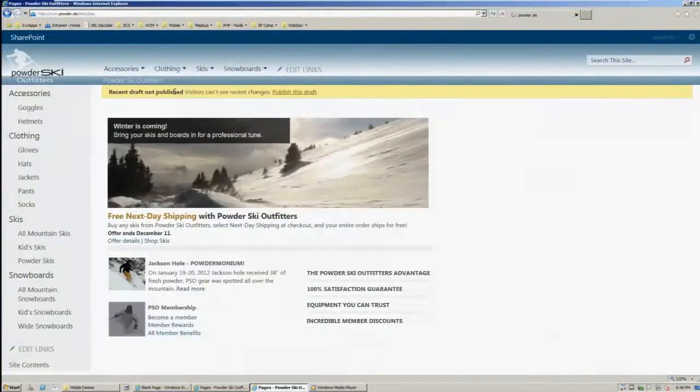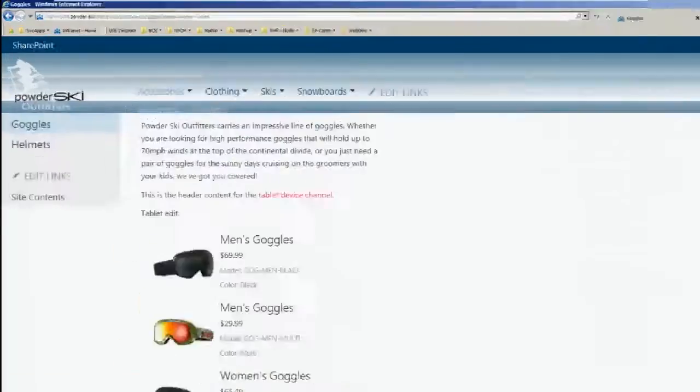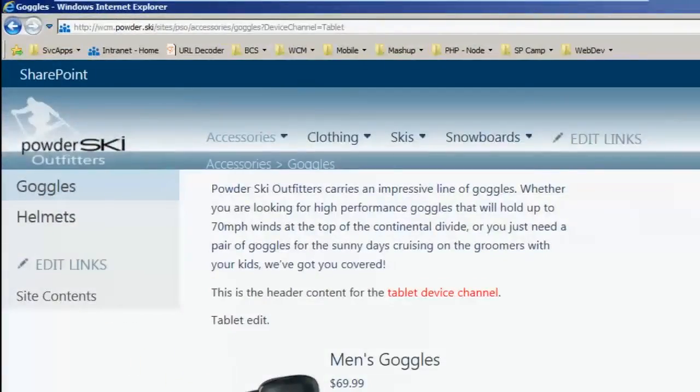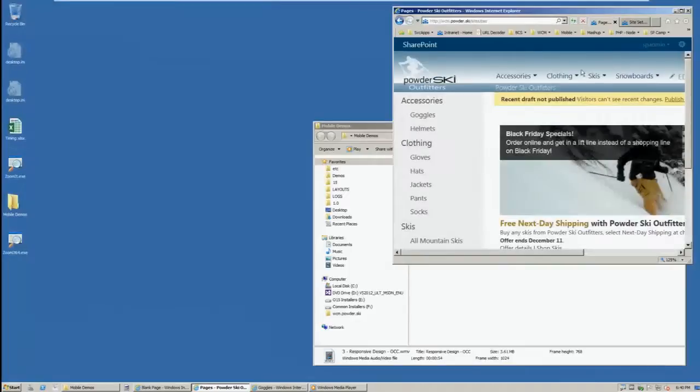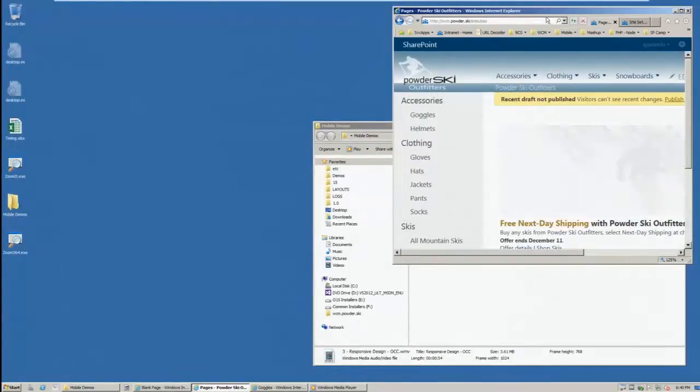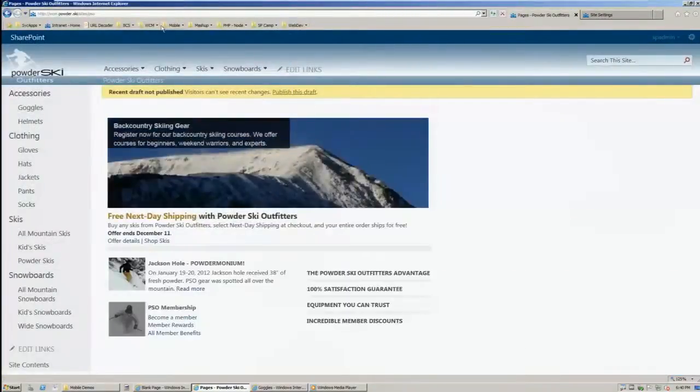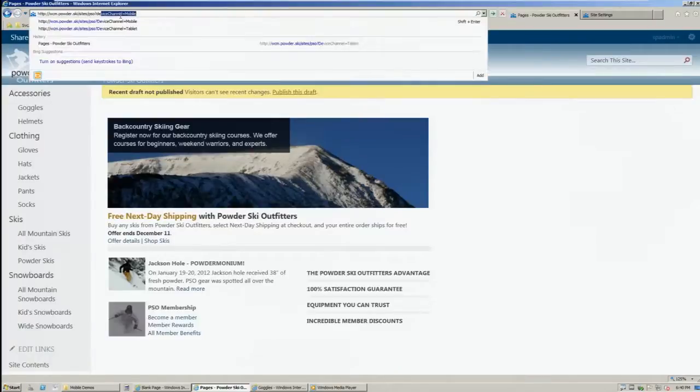I'm going to go back to my tablet view now, and you can see at the top there's my device channel variable that says I am running on the tablet device channel. This device channel, as you'll notice, looks very similar to the other one that I was working with. However, if we dig down and move from this full-blown screen view down to the mobile view,